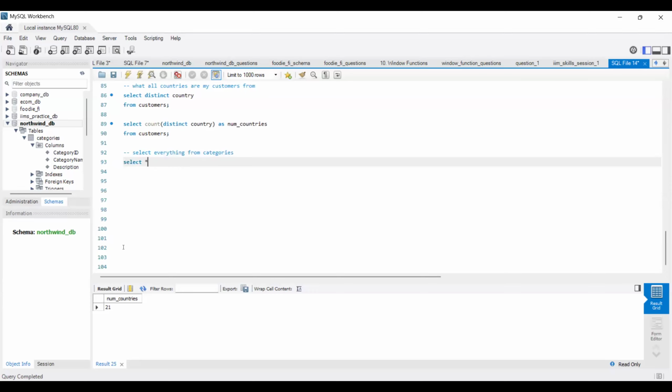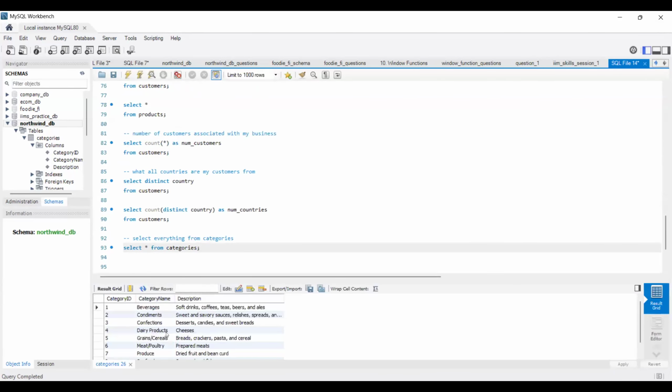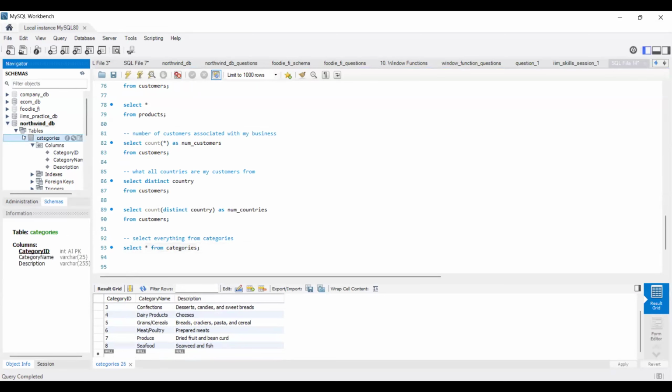Select star from categories. And obviously this is going to be distinct because category ID is mapping every category to a different number. So this is a very, very simple question. Customers we have already done. When we come to employees,